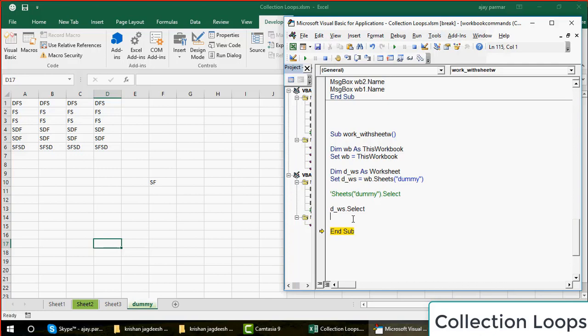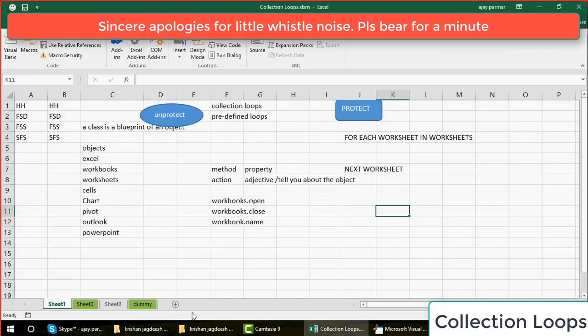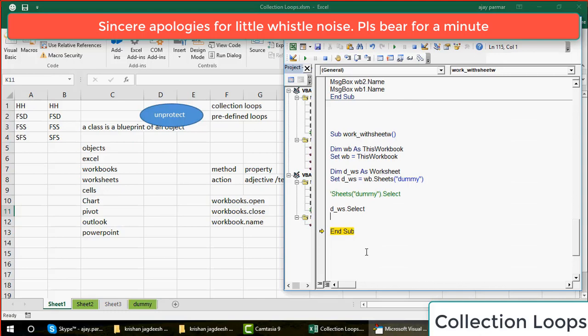Now what if I want to print something? I'm on Sheet1. I want to print 100 in the A10 cell of the dummy sheet. I told you that you can print the values without going to that sheet, but how do you write?